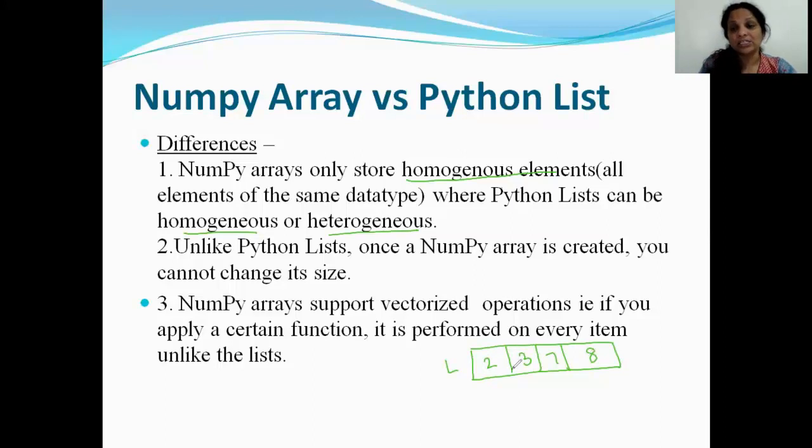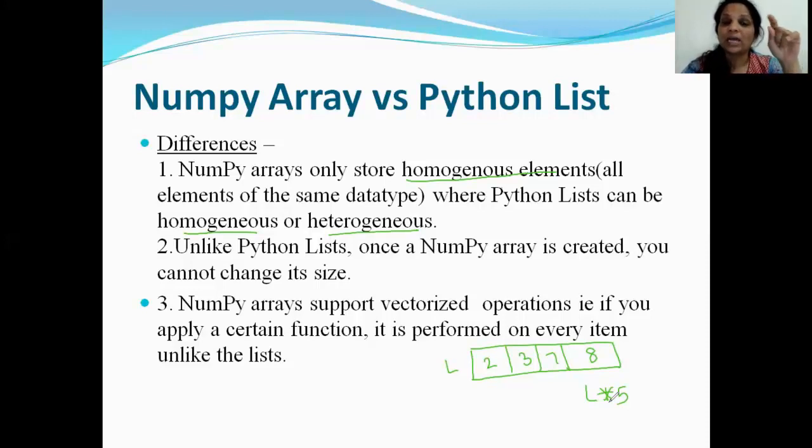Assume now this L is not a list, but an array. And if I just write L multiplied by 5, what does it do? It multiplies all the elements of the array by the number 5. So you get 5 2s are 10, 5 3s are 15, 7 5s are 35, and so on.